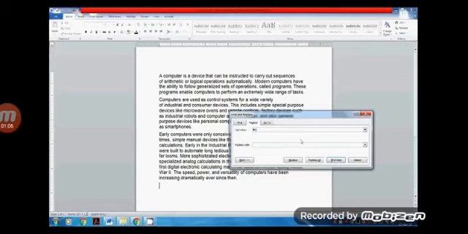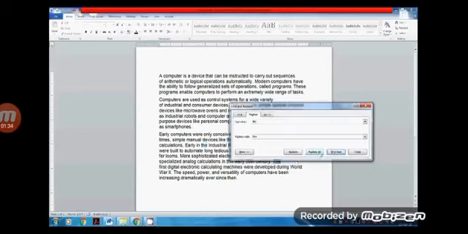Type the text you want to replace it with in the Replace With field. Click Find Next and then Replace to replace text. You can also click Replace All to replace all the instances within the document.